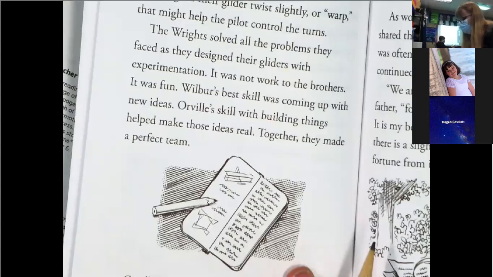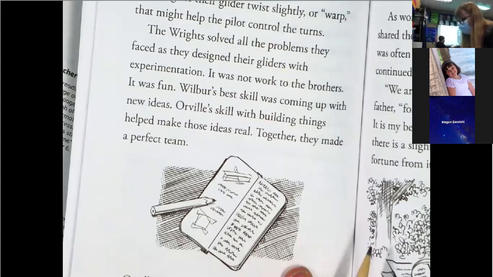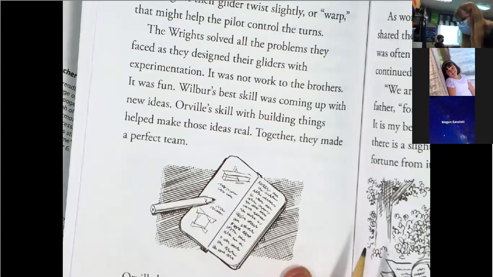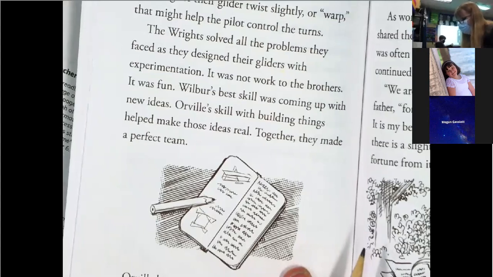The Wrights solved all the problems they faced as they designed their gliders with experimentation. It was not work to the brothers, it was fun. Wilbur's best skill was coming up with new ideas. Orville's skill with building things helped make those ideas real. Together, they made a perfect team. So,